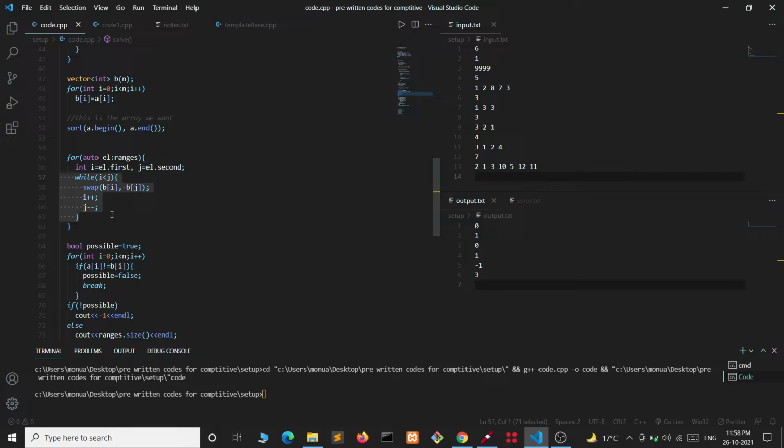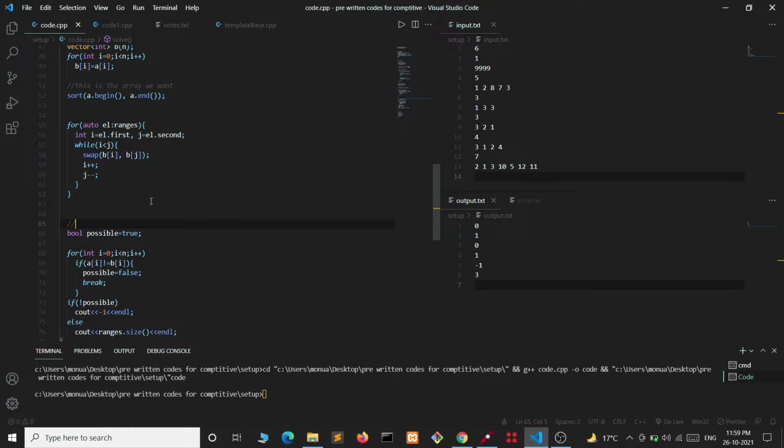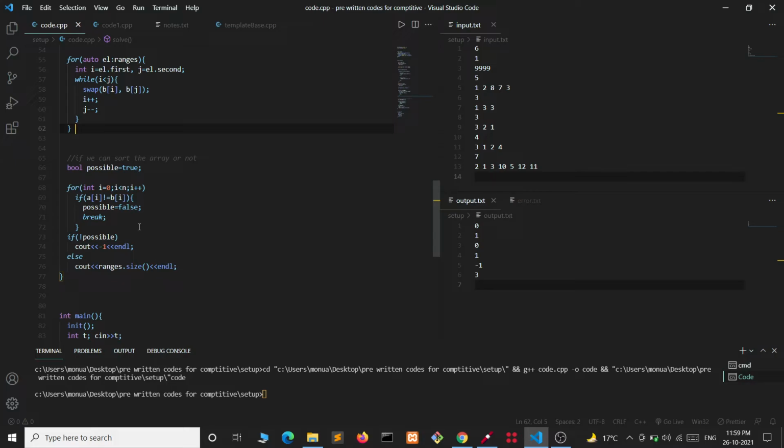This code is reversing the subarray from index i to j. After that the bool possible tells if we can sort the array or not. After reversing all the segments which are decreasing in array B, it must be equal to array A.